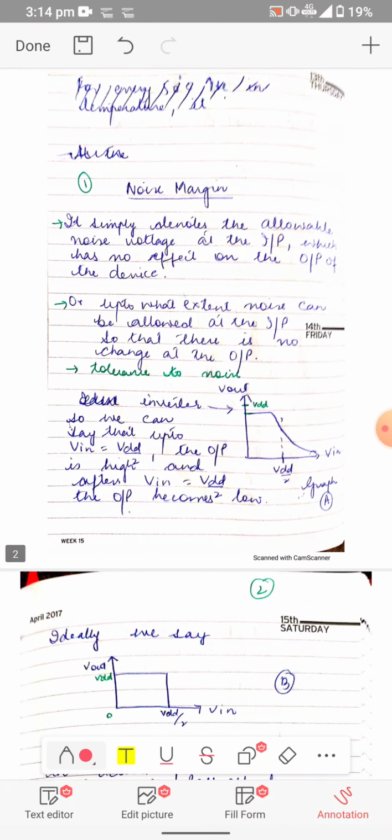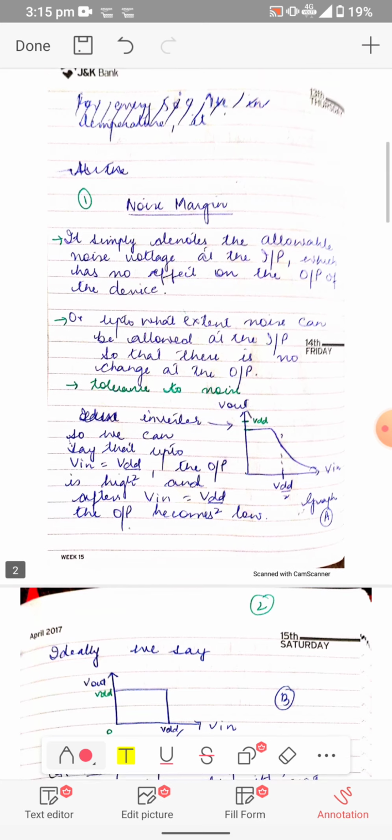Now we'll start with another topic which is called noise margin. It is a very important concept because it tells us how much noise is allowable at the input of the CMOS inverter, so that there is no change in the output, or the output is not wrongly interpreted. Okay, now